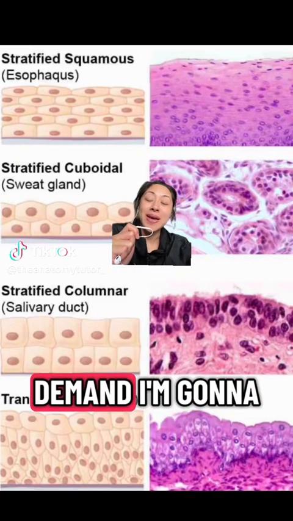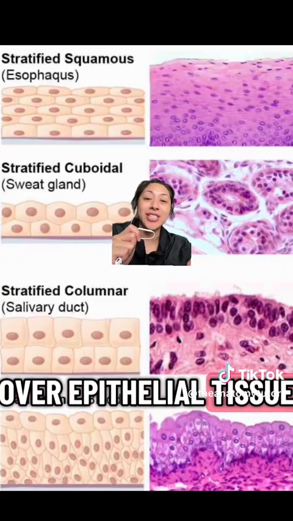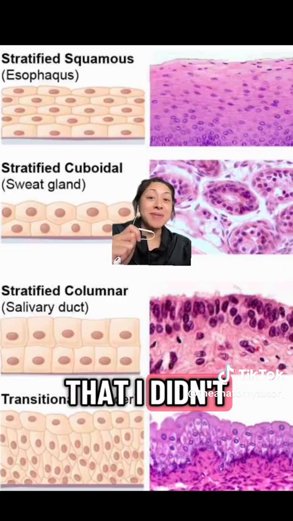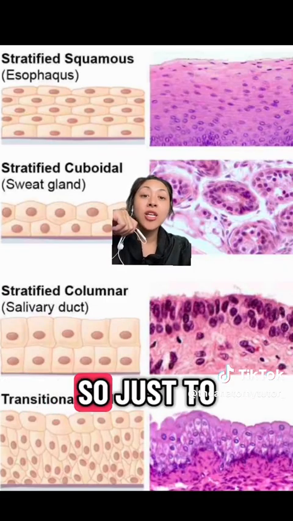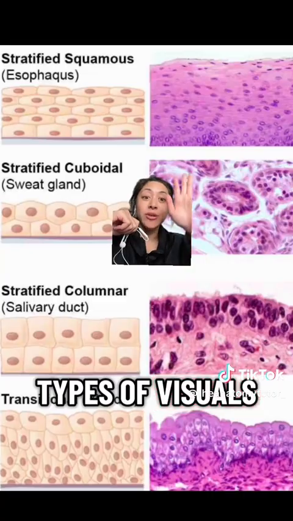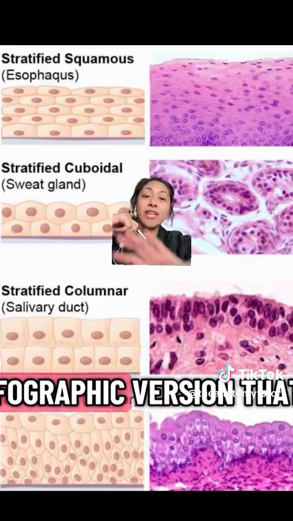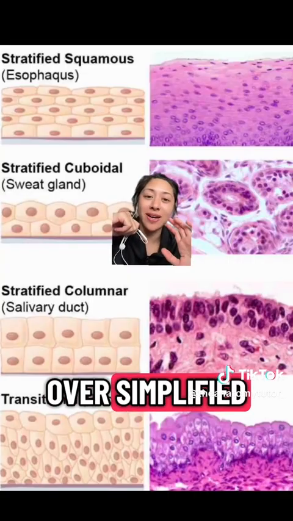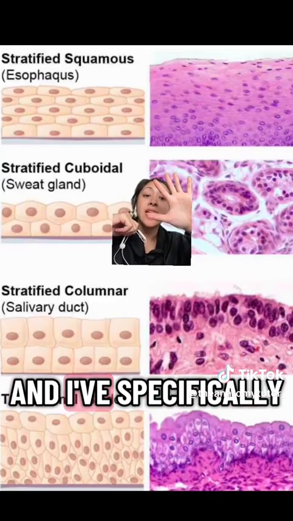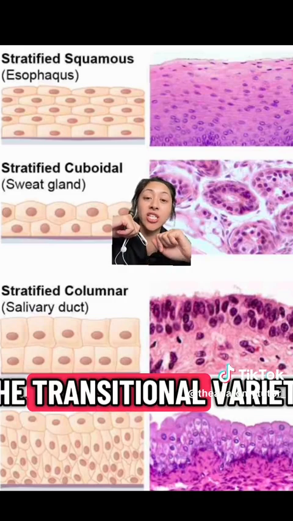Back by popular demand, I'm going to review the histology slides, but this time I'm going to go over epithelial tissue and all of the stratified epithelium that I didn't mention in the previous one. So just to recap, we're looking at two different types of visuals. We have an actual histology slide, and then we have a nice infographic version that's oversimplified. And so they're meant to represent one another, and I've specifically selected the stratified variety as well as the transitional